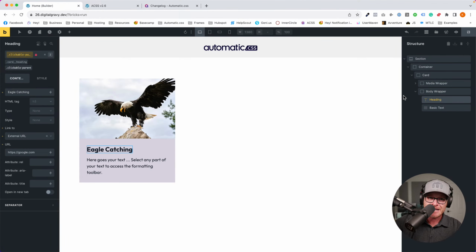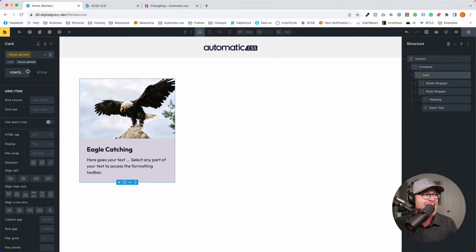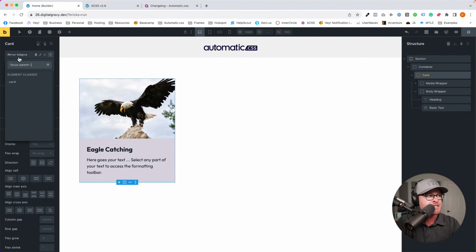So what we did is we made two options for it, okay? It used to be focus parent, but now you determine the style. Remember, that's why I showed you the prerequisite of outline versus shadow. You have that option granularly anytime you use clickable parent. So what we want is focus parent, double dash, and then you get to decide: do you want the shadow version of this, or the outline version? And remember, this is separate from your default. Your website default is not going to matter here. You get to choose on the fly which one you want.